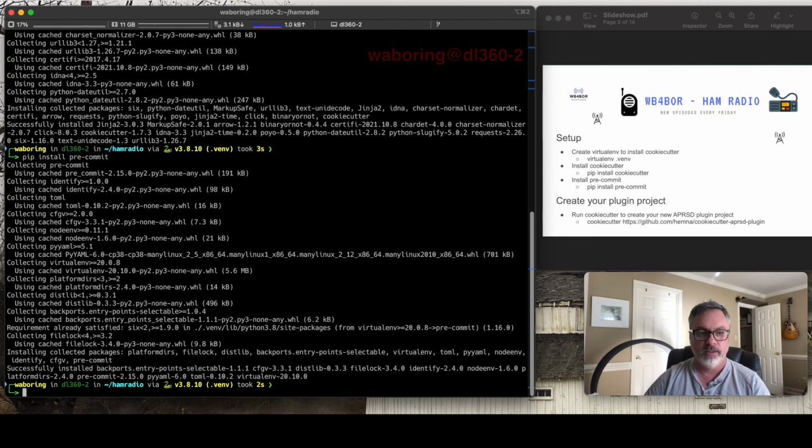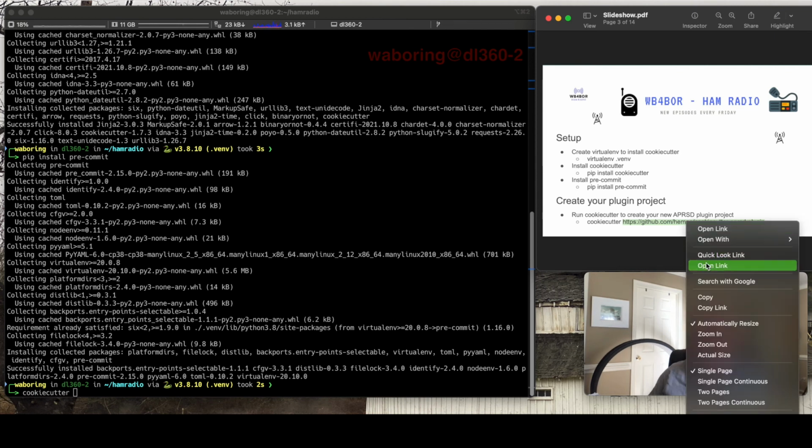It's ready to go. So how to run cookiecutter is just run cookiecutter and then give it a template that you want to run against. And this template is one that I created for the community for creating APRSD plugin projects, which is what we're doing today. So here's the URL, which I've copied here and highlighted. It's on my GitHub account, github.com/hemna/cookie-cutter-APRSD-plugin. So you just need to copy that text,